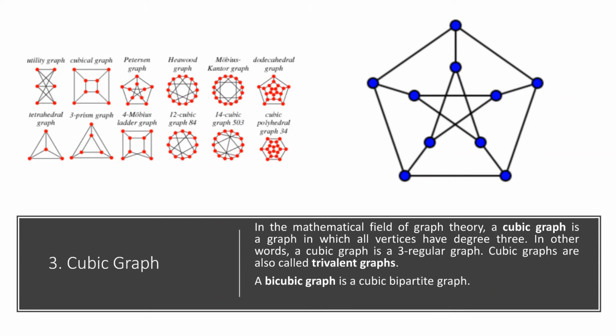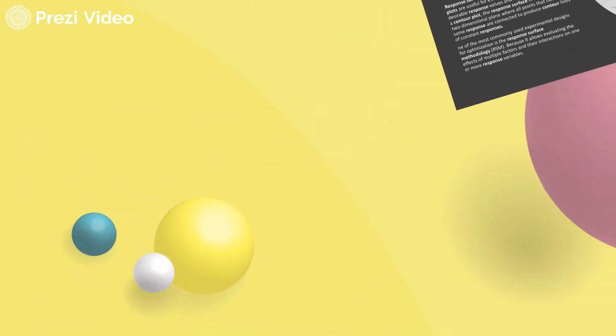They are usually represented with vertices in the form of cubical graphs, Petersen graphs or Heawood graphs. Depending upon the type, most probably all the vertices have a degree of 3. All the vertices, this is again very important. If you notice, at each point there are only 3 degrees. So cubic graphs are known as trivalent graphs.